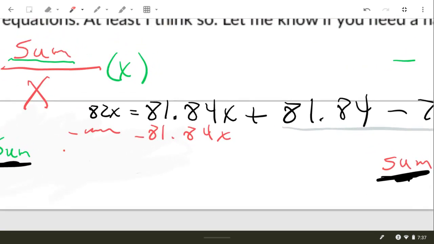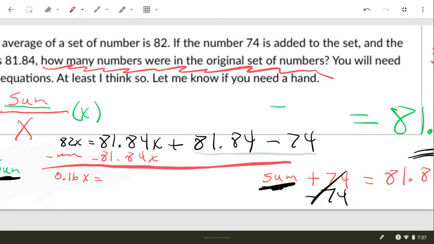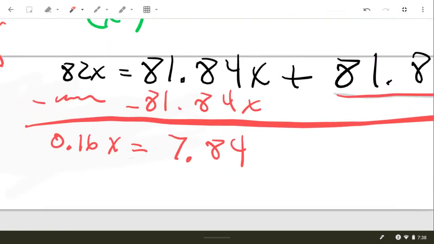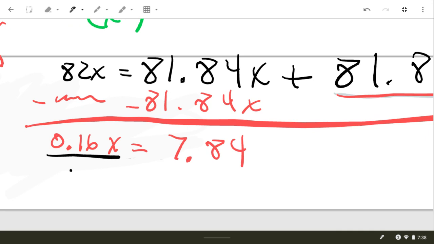All right, so if I subtract 81.84 from 82, that's going to give me 0.16x is equal to, and then these two, if I subtract them, that's going to be 7.84. All right, and then from here, I guess we could use a calculator. You would just divide by the 0.16, and that's going to give you x equals